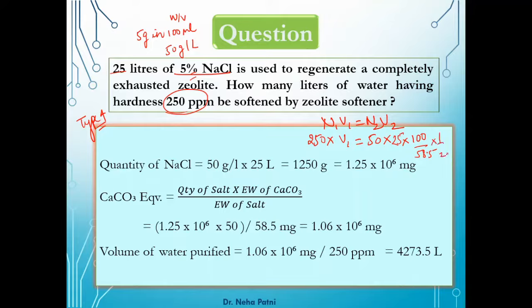And then obviously multiply it with the multiplication factor. Then multiply it with the valency. And then this is gram per liter, so you multiply it by 1000 to get milligram per liter. Now if you solve the question for V1, you are going to get the same answer. So either you go by this approach or you go by this approach, more or less they are the same. I've just given you two methods, you can utilize any of the methods to find out.